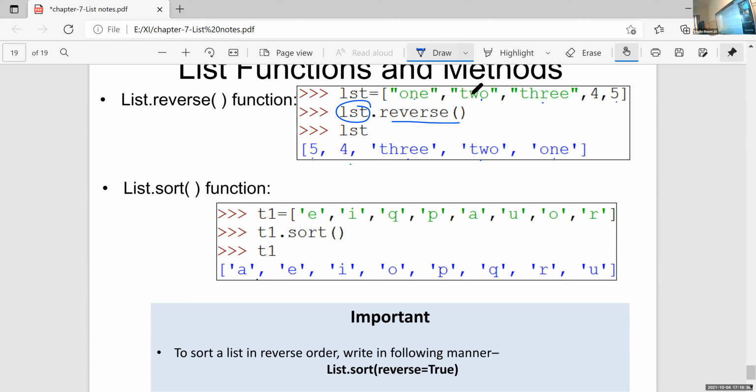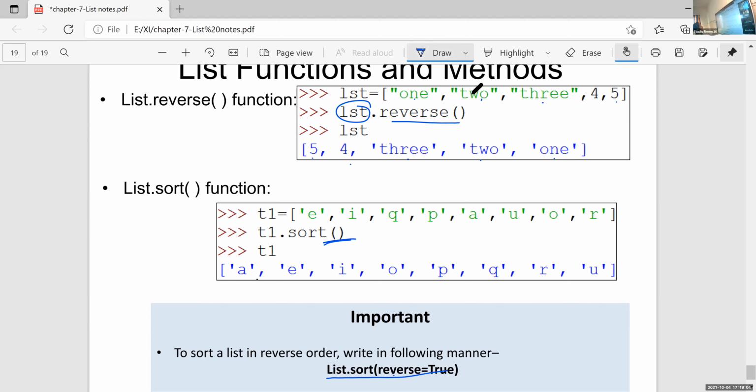If you want to display the content in descending order, that is U, R, Q, P, O, I, E, A, just write the statement list.sort within bracket. Here I am using an empty bracket, so it will display in ascending order. If I use reverse equal to true within the bracket, then it will display in reverse order, that is, in descending order.